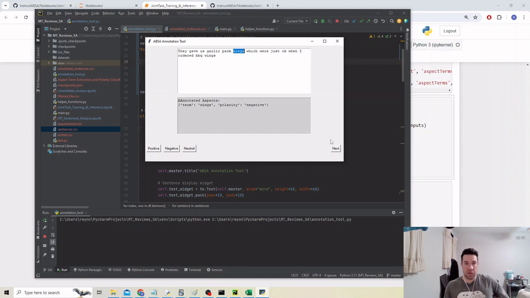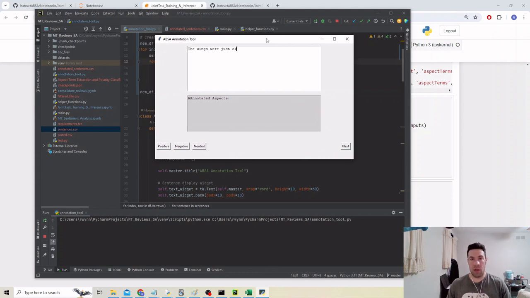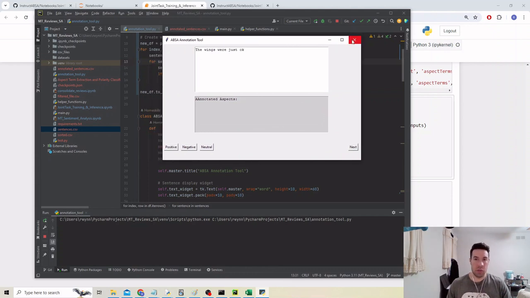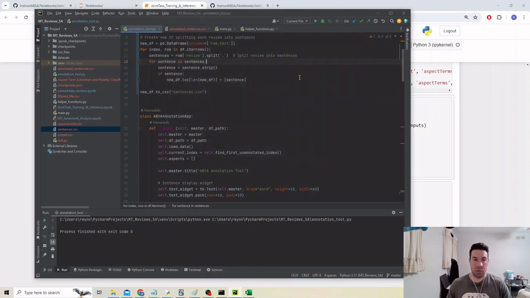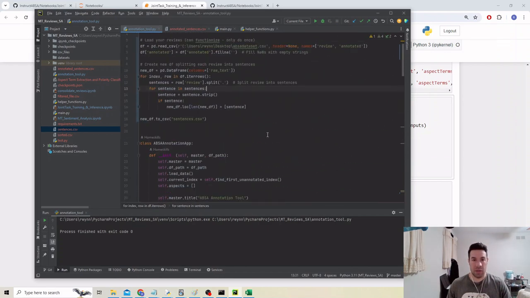So you would hit negative, hit next. And then here's a cool feature of this app. Let's say we've got a pretty long CSV file with a lot of reviews. Let's say we've done it for a little while. We want to take a break. What you can do, if you just X out of the app, it will actually save your progress in whatever